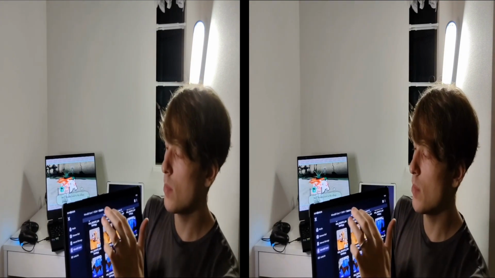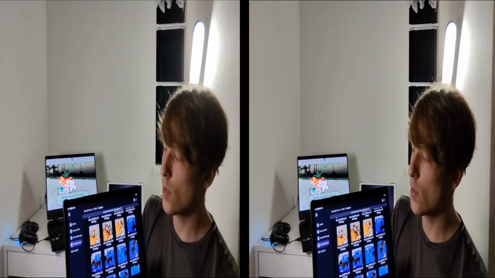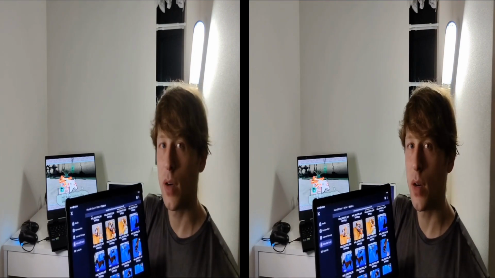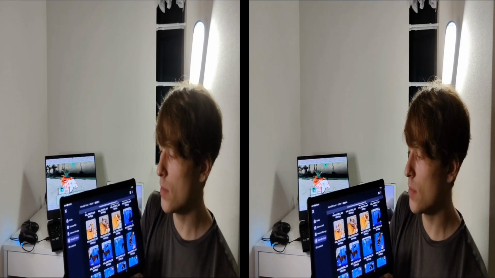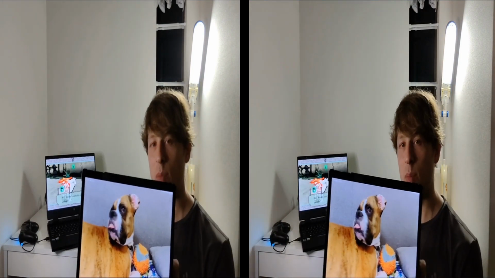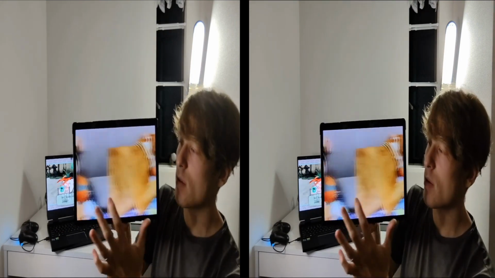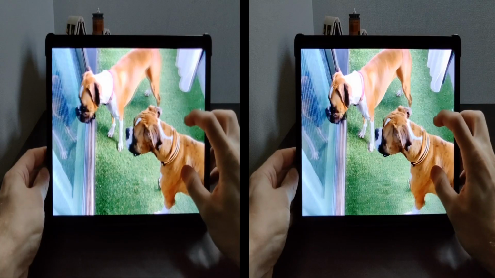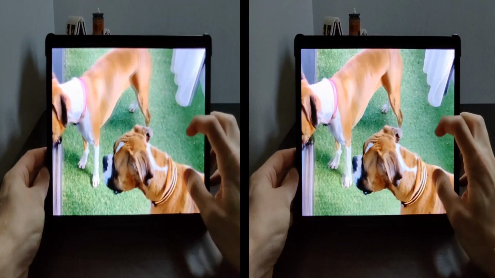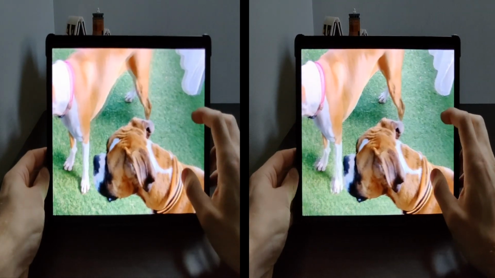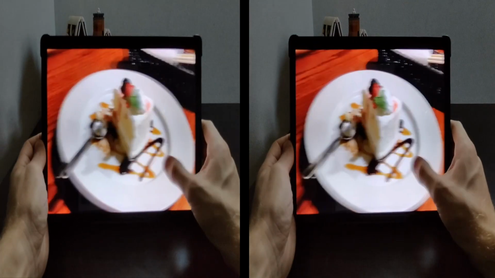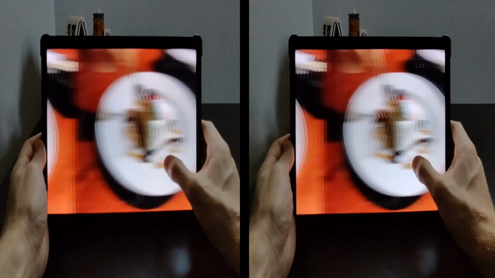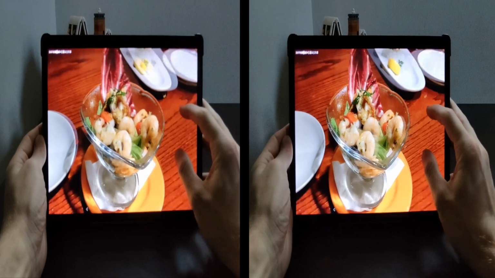Now, as you can see here, I'm accessing this batch 4 folder within my micro SD card directly from Leia Player. And if I click and open a photo, it opens it up directly in 3D. You can even just browse one at a time and it stays in 3D. This is something that was not possible on the NubiaPad 3D and the LumenPad 2 before. This feature wasn't built into Leia Player, but now it is, so it's so handy, and it just makes it so much more usable for people who use micro SD cards or want to store a bunch of 3D media.